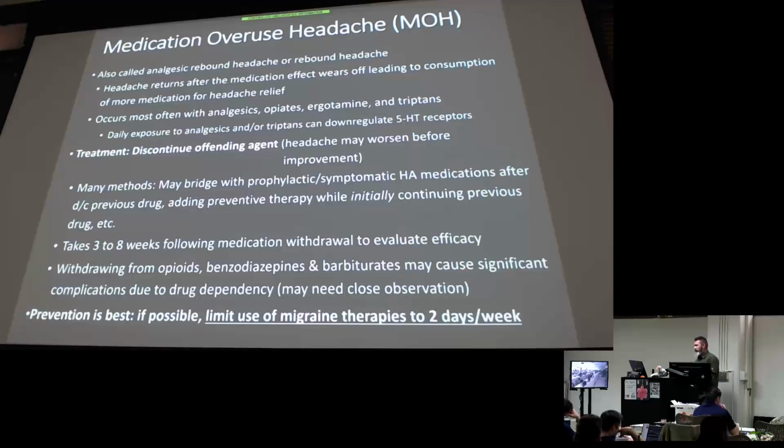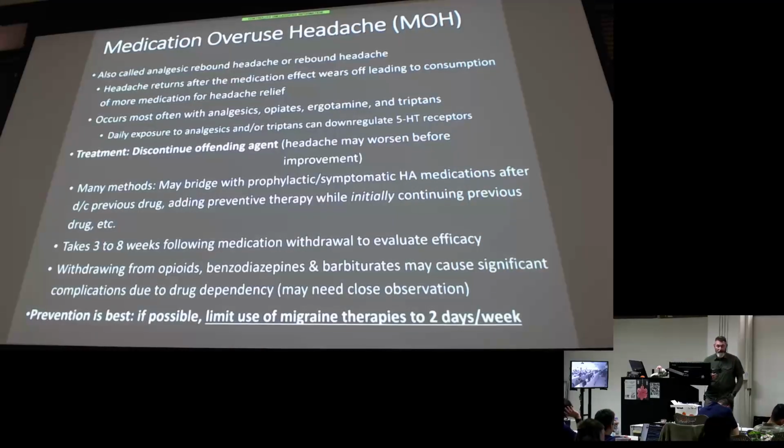A lot of times we'll talk about bridging therapies, but we're getting into clinical management there. So I'll just leave it at, we're going to try different agents after they stop the offending agent that's causing the medication overuse headache. A lot of times 3 to 8 weeks after they withdraw off the medication that's giving them a rebound headache. So this patient's going to have a lot of follow-up so we can find the right agents to put them on. And if we talk opioids or barbiturates and benzos, then we're talking severe withdrawal symptoms, which may even mean going into a facility to be monitored and medicated during your withdrawals.